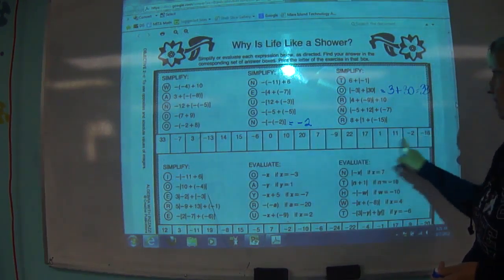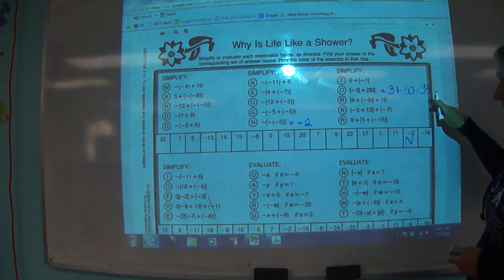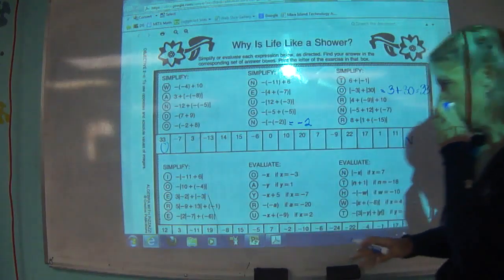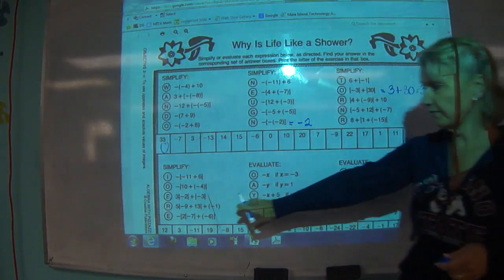So here's our -2. -2 is here, the letter N. This is how we complete the puzzle. 33 is O, and it is the other end. Okay? Here, with absolute value,